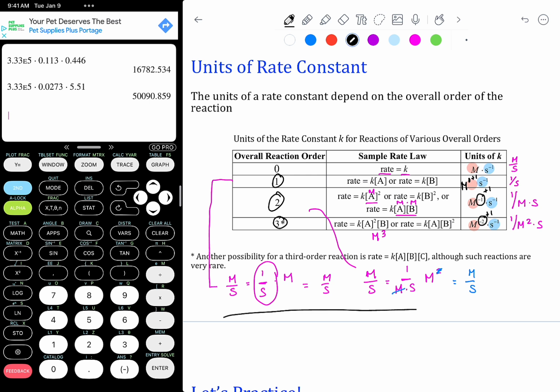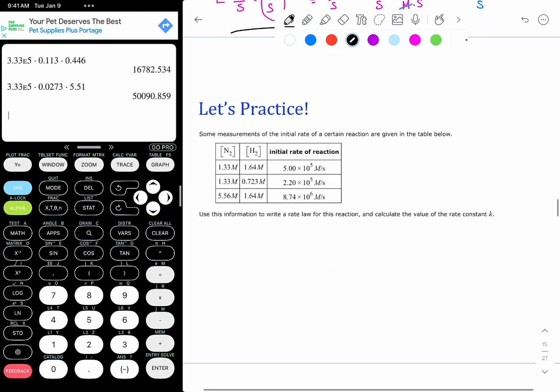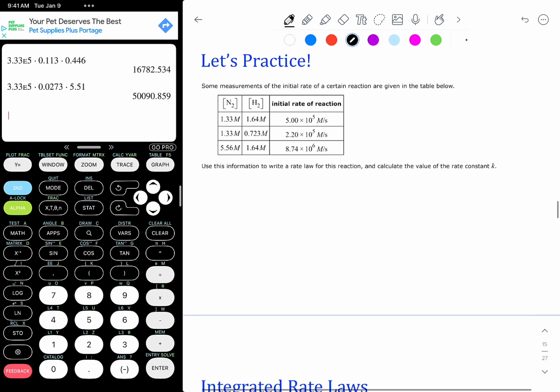So if you were to go back and do the problems that we've discussed previously, your answers, specifically in your ALEKS homework, need to have units of K attached to them that correspond to the overall reaction order, because those units will vary depending on the reaction order. So let's practice another method of initial rates problem, where now when we solve for K, we can use our units appropriately. So again, for method of initial rates,